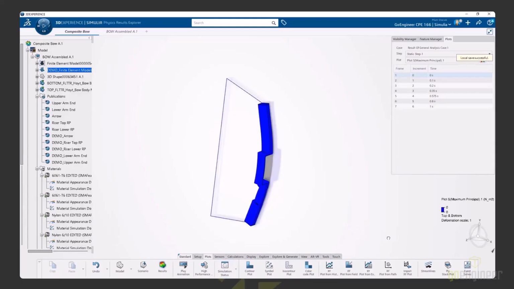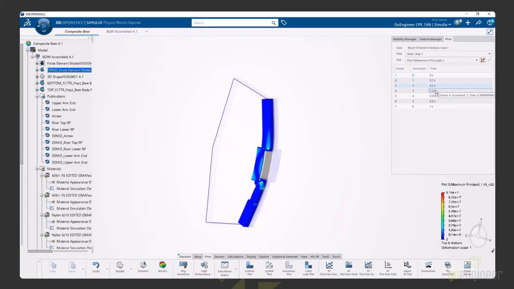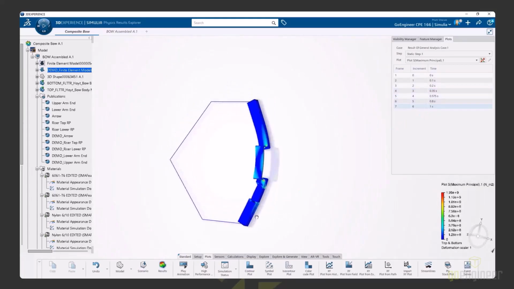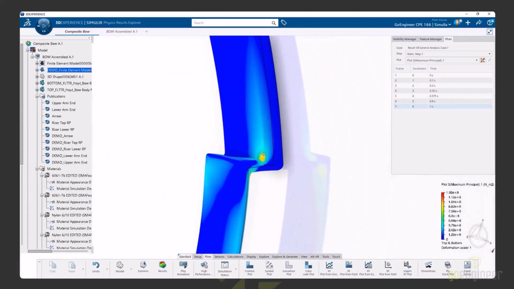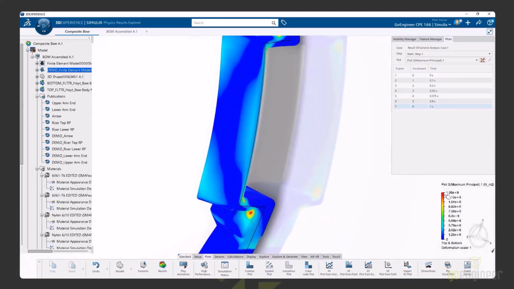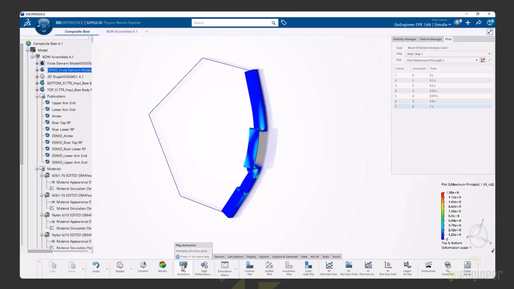So the analysis is completed. We'll close out this window. And here you can see my bow. We can go through the individual plot steps here. And you can see as I'm cycling through them, I'm slowly drawing this bow back. Now this is a worst case scenario, right? A real composite bow has cams and things on the end of this, but I'm not representing any of that here. I do see some areas of elevated stress in the corners towards the front of this bow riser,